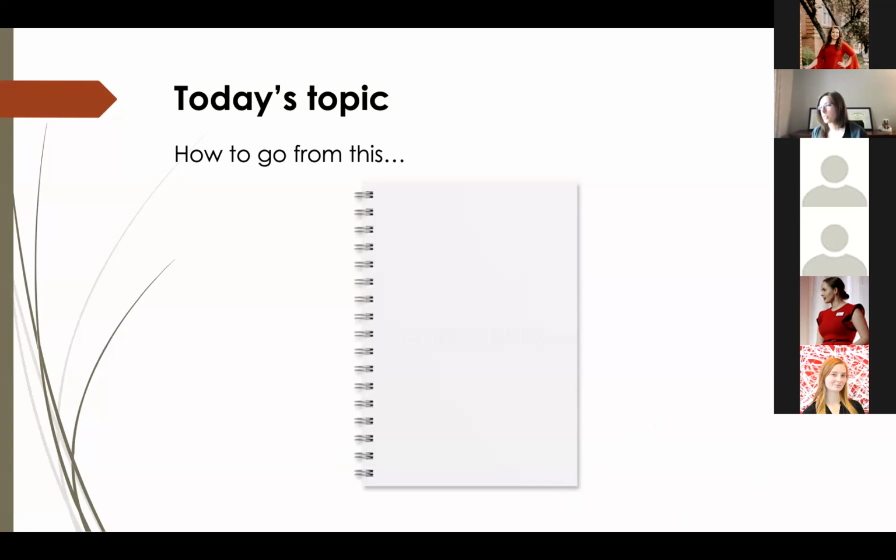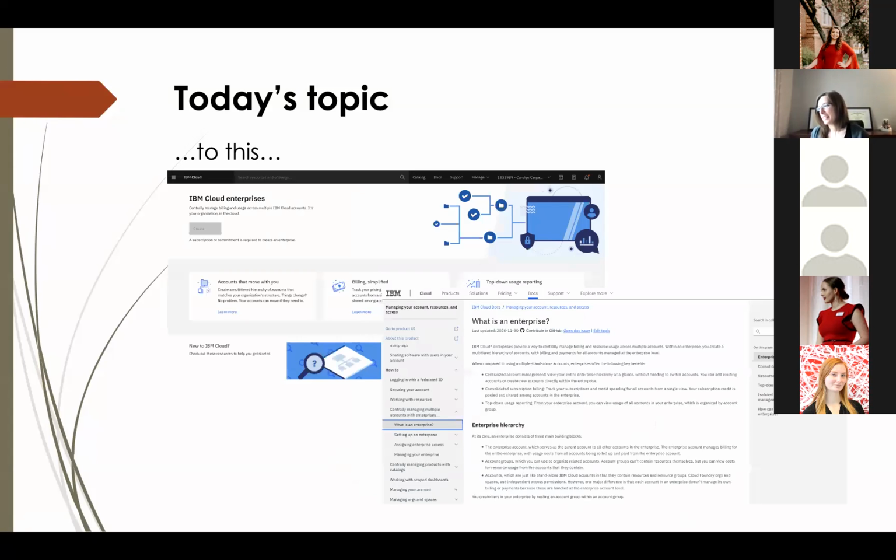So we'll talk about how to go from that blank page to the next item, which is a full end-to-end content experience. What we consider that to be in IBM Cloud as content designers is that we work not only on the user interface, but also the product documentation, and how to get that all mapped out ahead of time so it all makes sense. What I'm going to go through today is one method of doing that that we have, which is on the next slide,